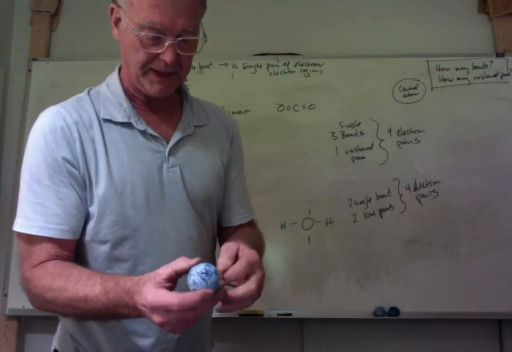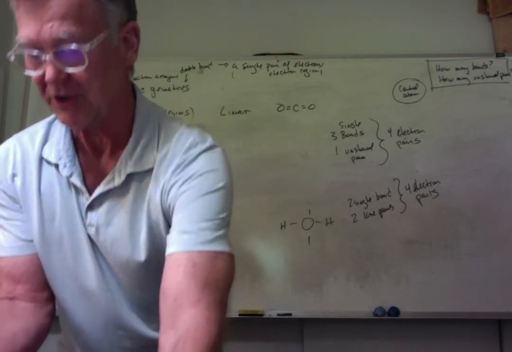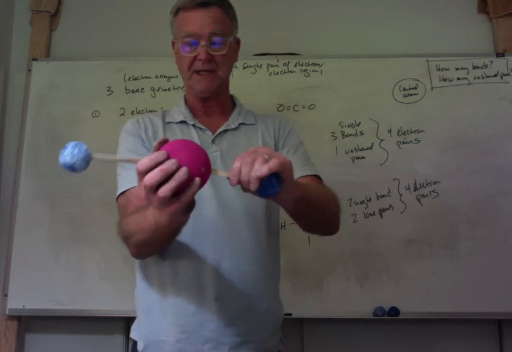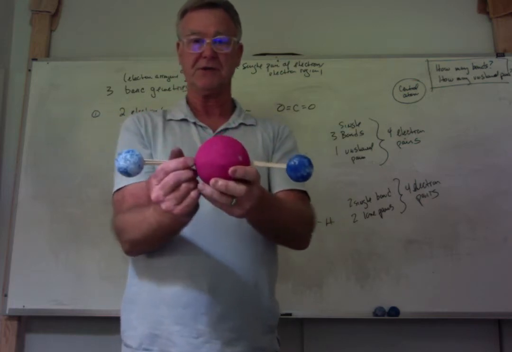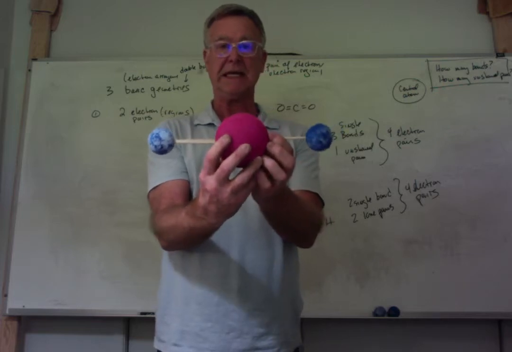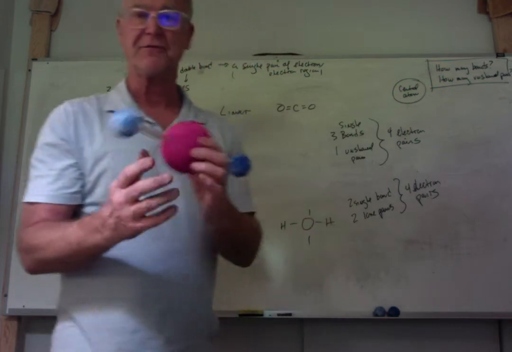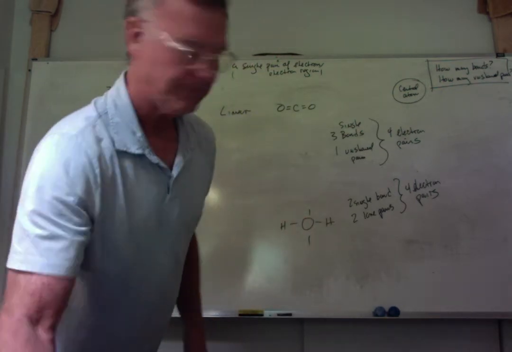And what will happen, and I'll explain why in the next video, these will move as far away from each other as they can. What's going to happen is these negative regions are going to move away from each other. And that molecule becomes known as a linear molecule. It falls in a straight line. It's a flat molecule. All right? Now,